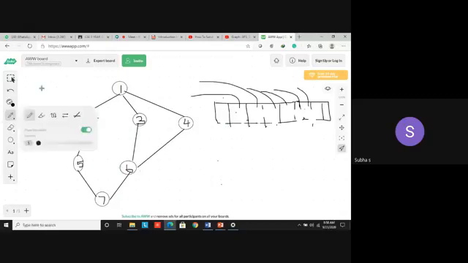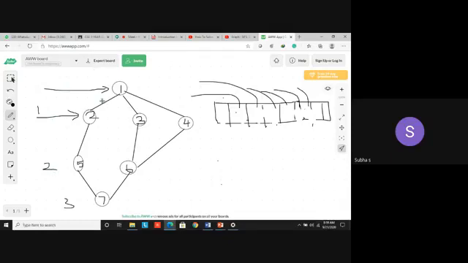This level, like in a tree, we call this level as what? Level number. Just remember the tree concept. Level 0. Root is always at level 0. Then these nodes 2, 3, 4 are at level 1. These 2 nodes are at level 2 and then 7 is at level 3. Okay, so level 0, level 1, level 2 and then level 3. And the distance from the root node, that is your level.